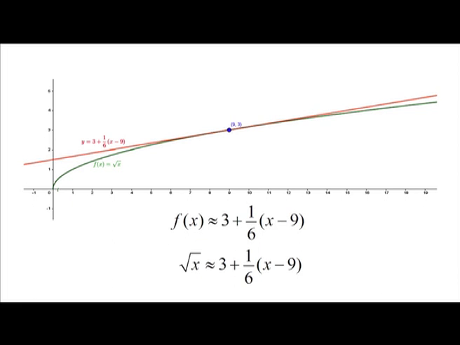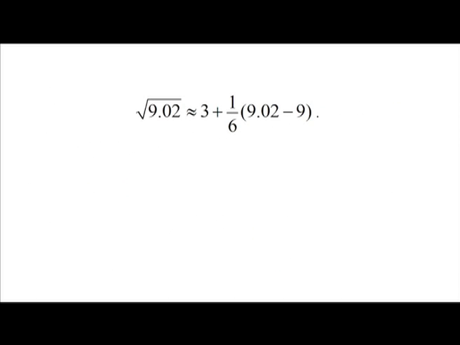Now, to find the approximate value of square root of 9.02, we put x equal to 9.02 in the above expression and get square root of 9.02 approximately equal to 3 plus 1 by 6 times 9.02 minus 9. That is, square root of 9.02 is approximately equal to 3 plus 0.02 by 6, which is equal to